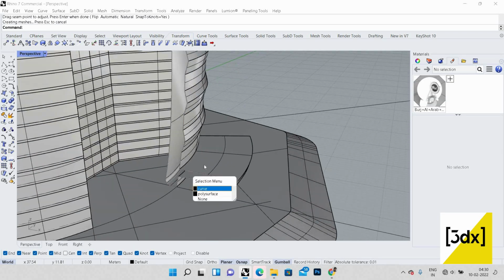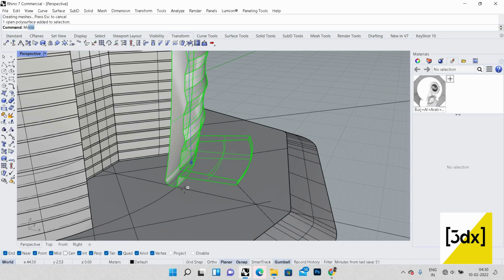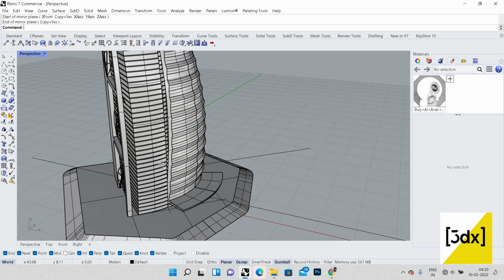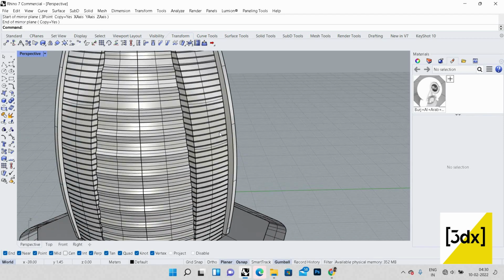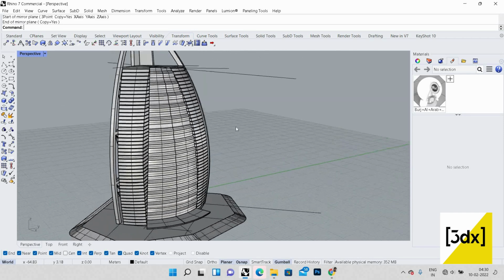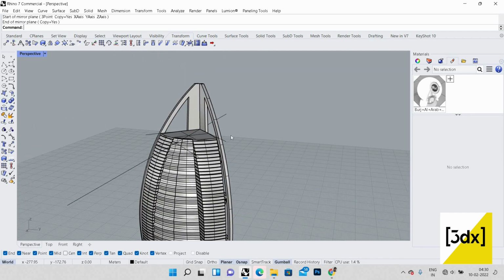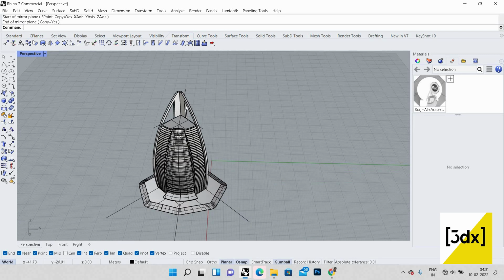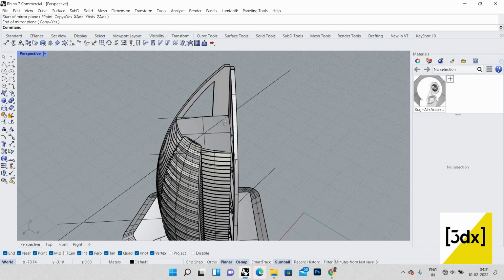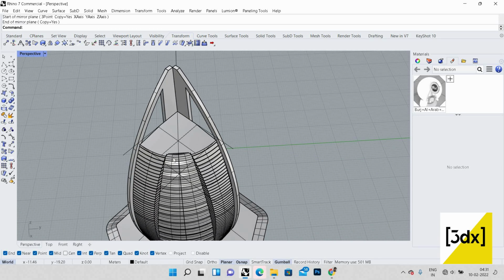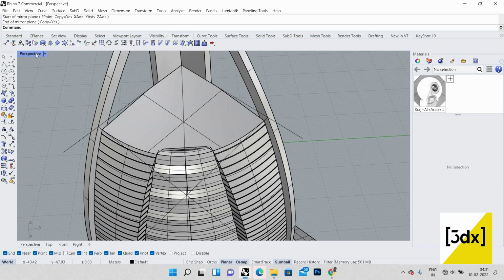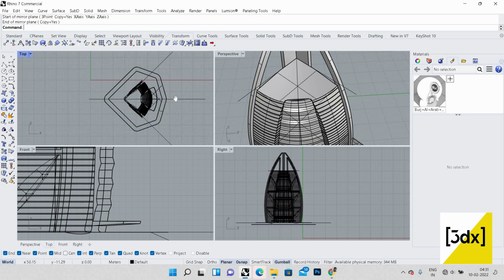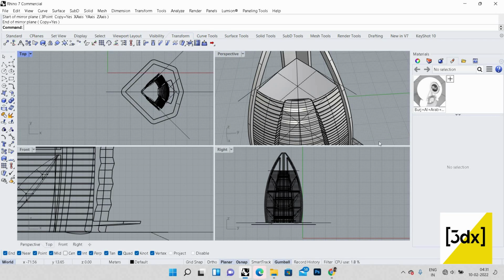So now I'm going to use mirror. So this has been done. So the side part has been done. Now we need to work on the roof part, I mean the top part. So I'm just switching to the top,